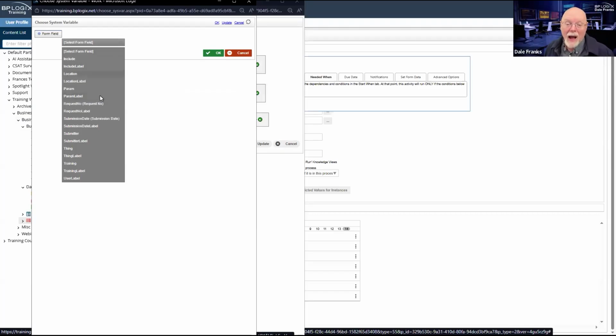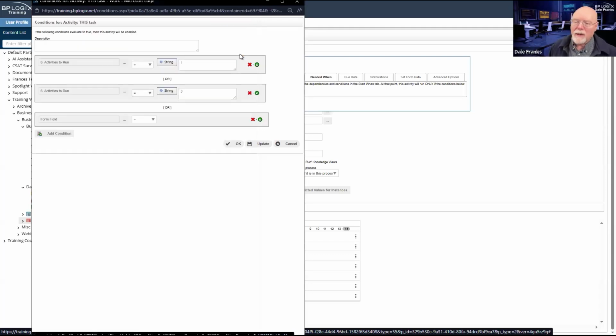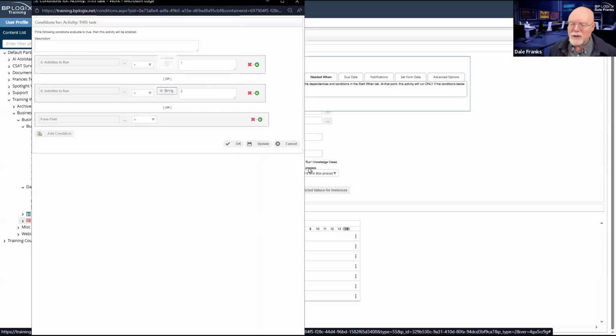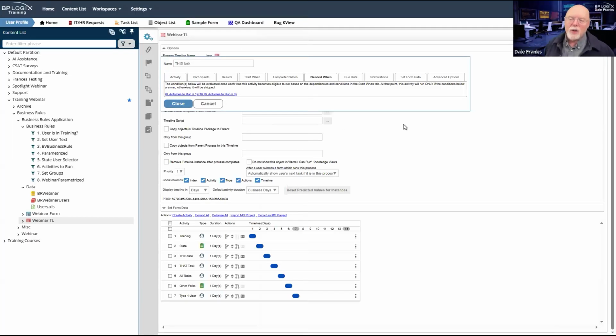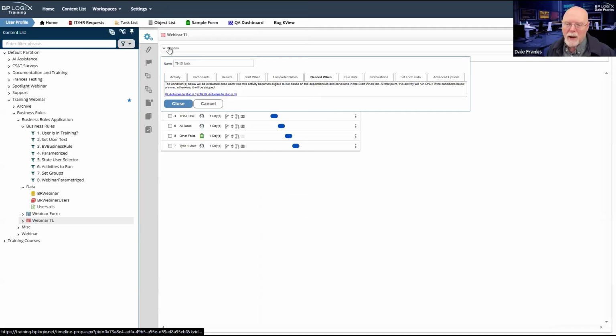So I can just pick that form field directly in my process timeline, and I don't need to have the extra overhead of a business value. So just keep in mind that I'm doing this via business value, but I'm doing it just as a way of showing capability. And you should know that in this particular instance, as an implementation rule, I would not do this via a business value.